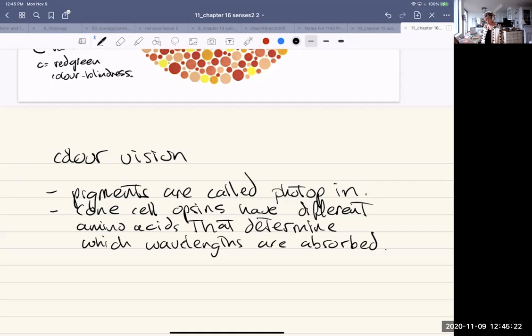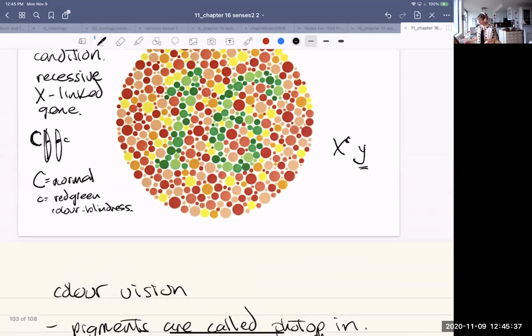So that produces color vision. I've got it now. 8% of males, apparently. So approximately 8% of males exhibit color blindness. Yeah, but one thing is that a person that has color blindness